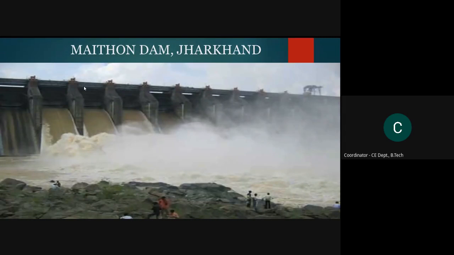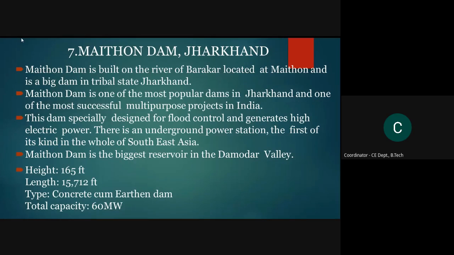acquainted dam, Maithon Dam in Jharkhand. Most of the dams are very much attractive to tourists as a tourist spot. So this is one of them. Maithon Dam is built on the river Barakar, located at Maithon, and is a big dam in tribal state Jharkhand. Maithon Dam is one of the most popular dams in Jharkhand and one of the most successful multi-purpose